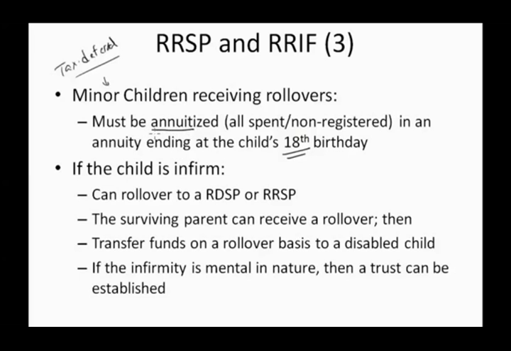They would have purchased an annuity. There's actually a requirement here with the last payment to be made no later than their 18th birthday. So the question here is, would you rather that this kid have the money? Is this good? Or would we rather write a check to CRA and keep what's left? Keeping in mind that this child will now own